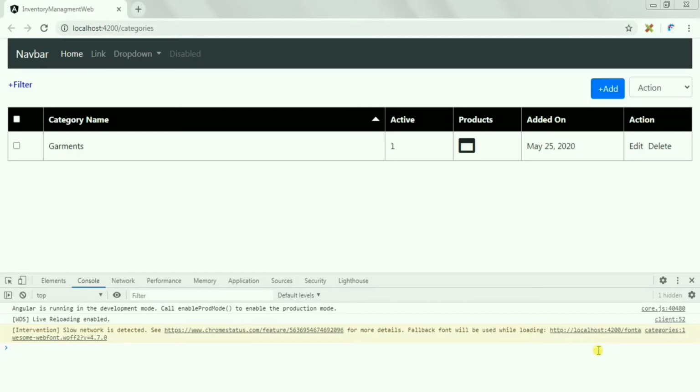Hello friends, in today's video we will see how we can make one module configurable. Suppose you want to create a module that finally you want to be a package, that will be a library. You want to make it a library, and that library needs some configuration based on the project, right?